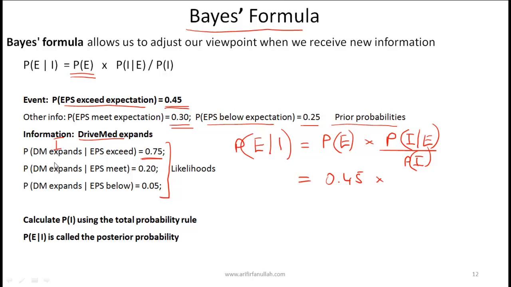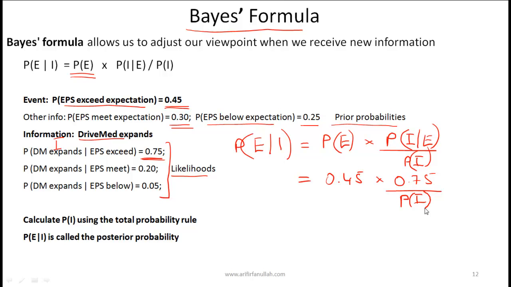Similarly, the probability of DriveMed expanding given that EPS meets expectations is 0.2, and the probability DriveMed expands given that EPS is below expectations is obviously very low, at 0.05. So these are likelihoods that you have determined based on your research. Plugging in the 0.75 over here, so that's this probability of information given event, is 0.75, and what we now have to find is the